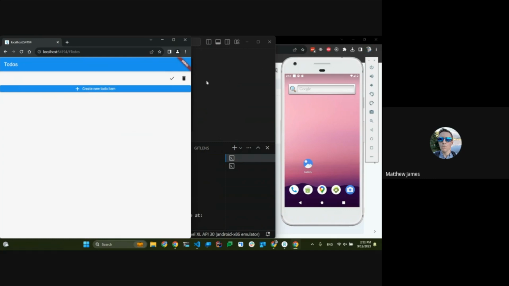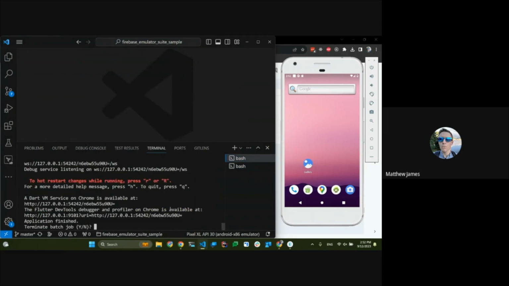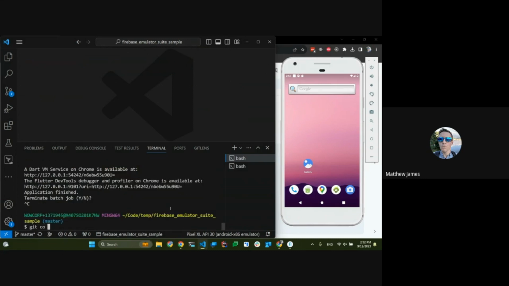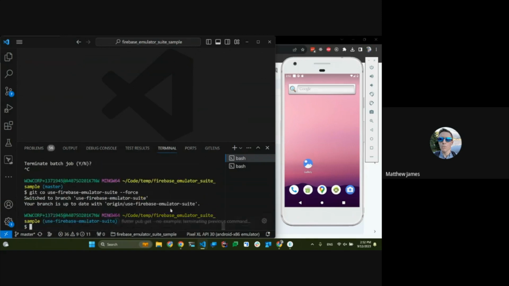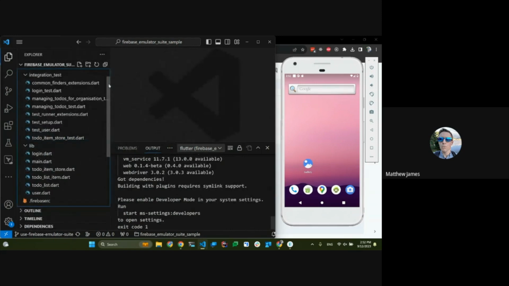And sometimes I wish that my fingerprint doesn't look different sometimes. So I will step on over to the Firebase, the branch using Firebase Emulator Suite. There are a couple of changes. Let me just show